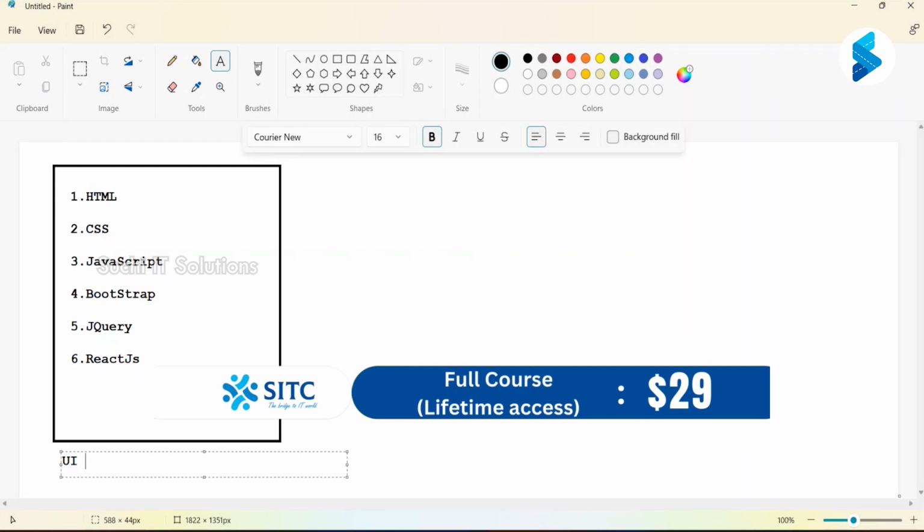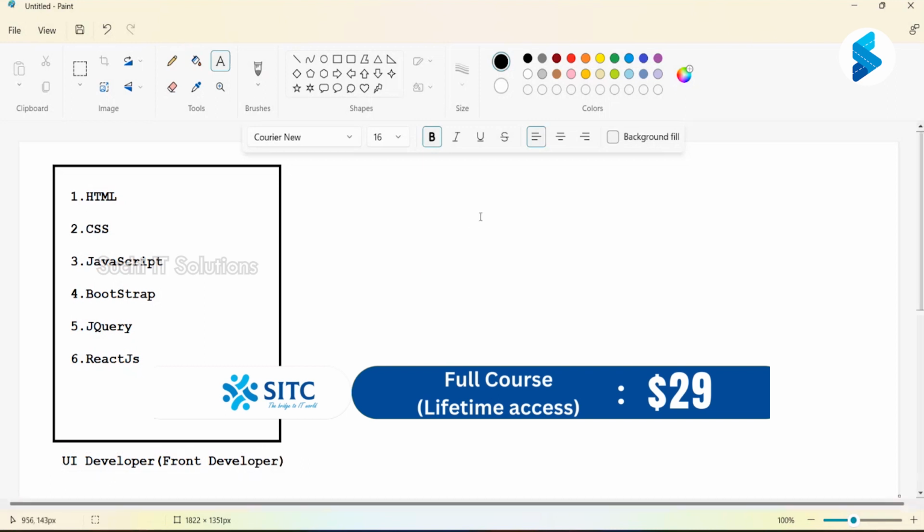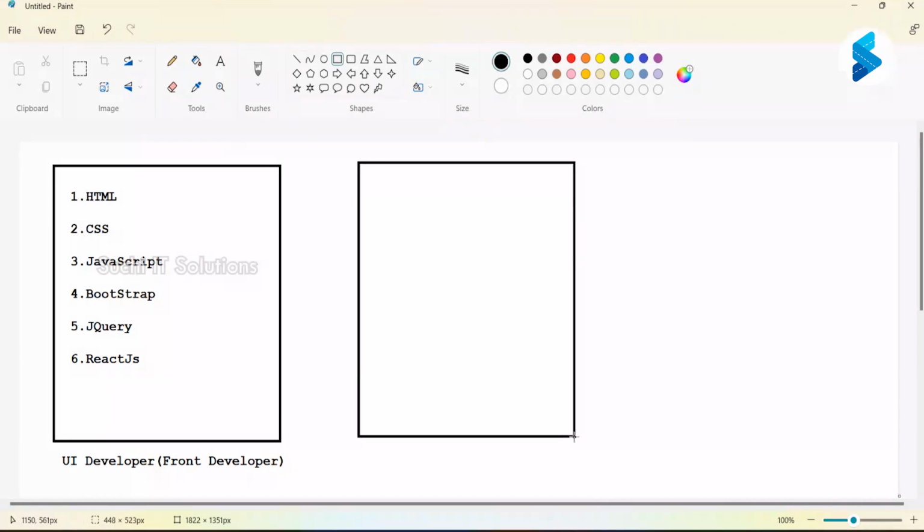UI developer, or else I'm going to say front end developer or designer. We can say front end developer or designer. Sometimes people also use some other kinds of technologies. Why I'm mentioning this here is that even if you are not aware,